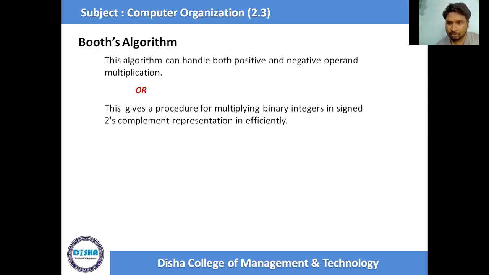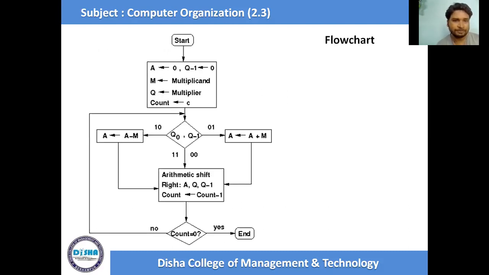For any multiplication we have two operands, in this case an operand M and another operand Q. When the two operands are multiplied together, we get the result in the form of R. If we take this scenario to the computer field, then we need M, Q and the result, three registers, where we are going to implement this Booth's algorithm. Let's see the flowchart of this algorithm.